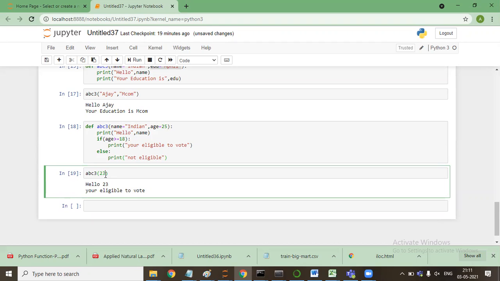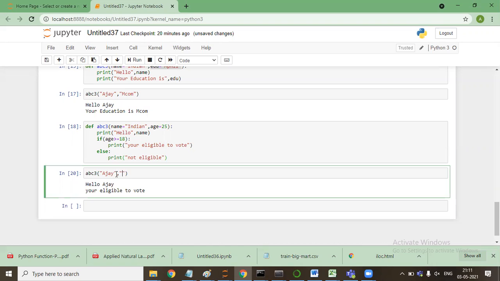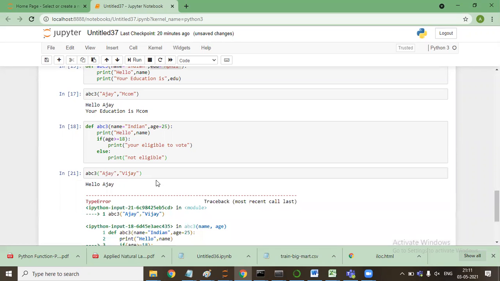Now if I'll say ABC and I'll say Ajay, it will replace. Okay, I'll correct myself. So the thing is, what it will do, it will replace the arguments basis the position, not the type. So when I said ABC3, it has replaced automatically the first thing. Now if I'll say Ajay, guys, please put yourself on mute, Ajay and I'll say Vijay, now it will give an error.